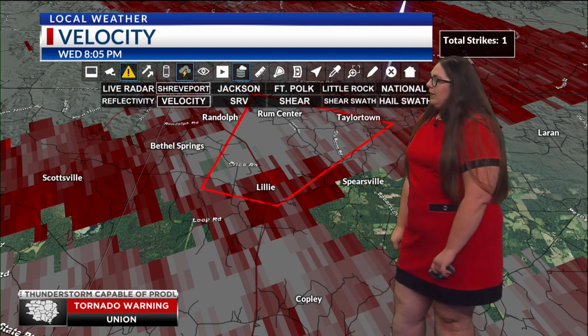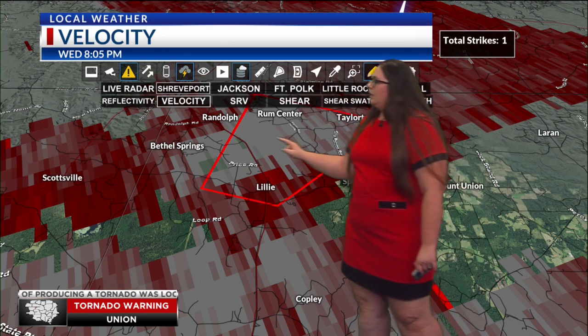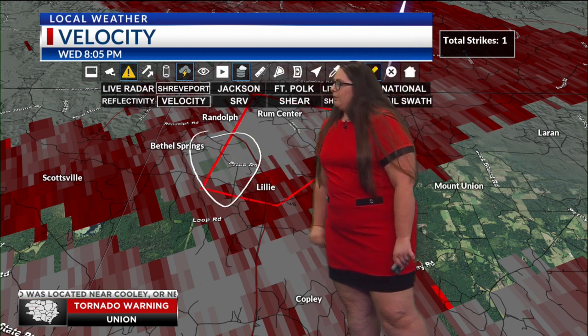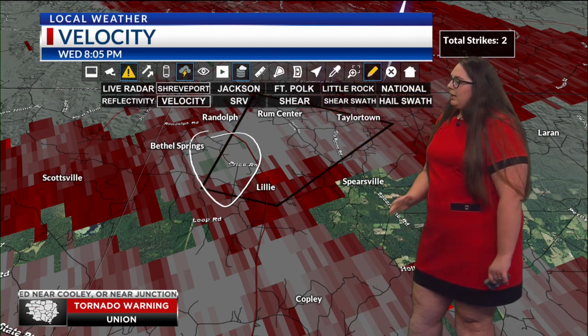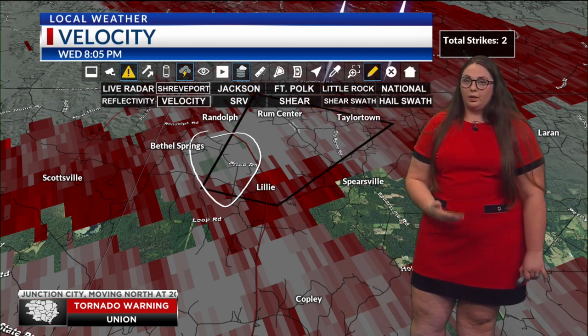And I'm looking at it here. There is a slight couplet. I'll circle it for you, but honestly, it's not super distinct. Right there, that's where the reds and the greens are mixing. That's the main area of rotation that we're concerned with right now, why the prompt of the tornado warning was